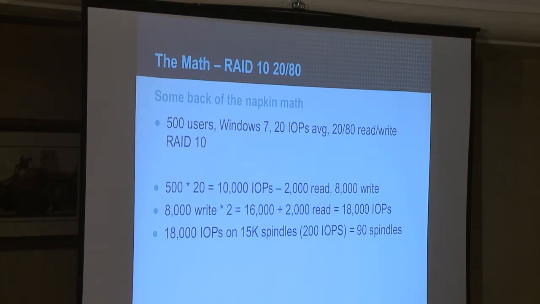What's interesting here is that a lot of vendors are out there talking about how they handle read I/O or how they handle boot storms. And at the end of the day, the read I/O in this case is 2,000 out of the 18,000. We're talking about just over 10% of the total I/O. So in my mind, I am not nearly as worried about the read I/O. In fact, because of the caching that exists on storage controllers or other technologies, like even at the hypervisor layer, there are other ways for me to offload that. So it's a small number to begin with, and I've got lots of options for offloading read IOPS.